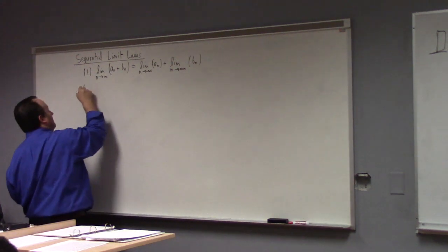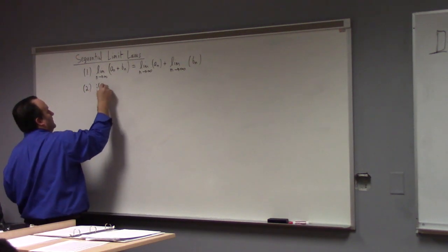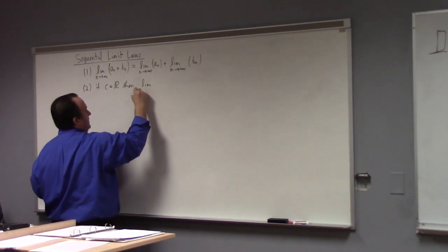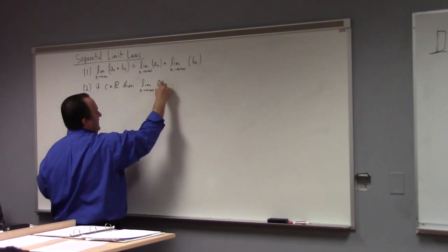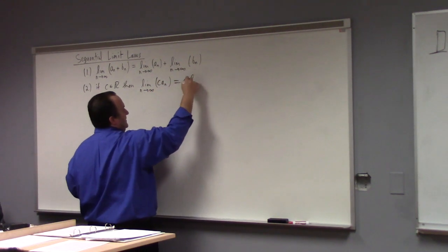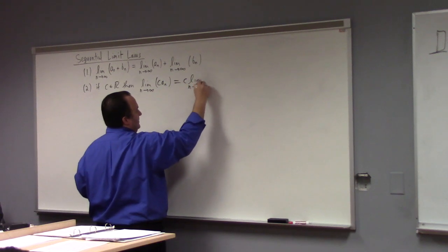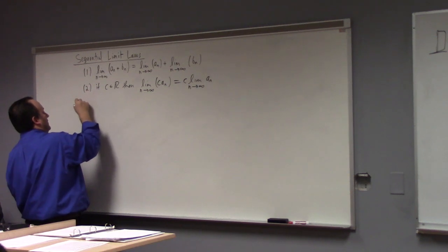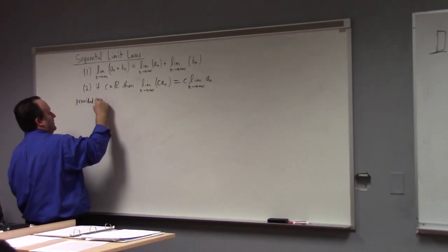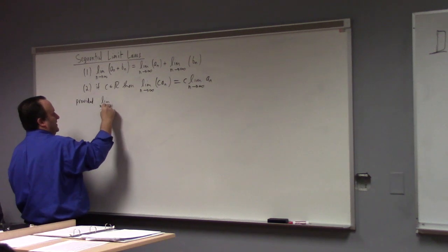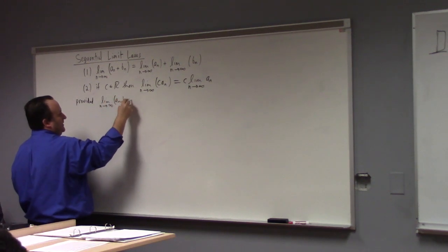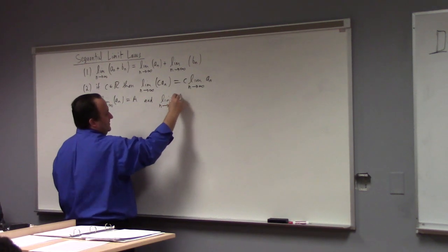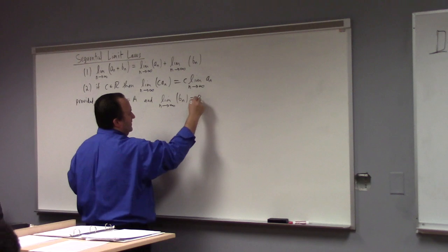And two, if c is a real number, then the limit as n goes to infinity of c times a sub n is equal to c times the limit as n goes to infinity of a sub n. And this is assuming, so provided, the limit as n goes to infinity of a sub n, let's say, is equal to big A, and the limit as n goes to infinity of b sub n, let's say, is equal to big B, where A and B